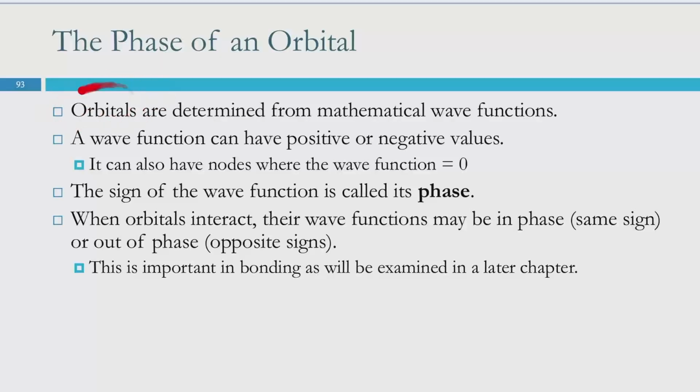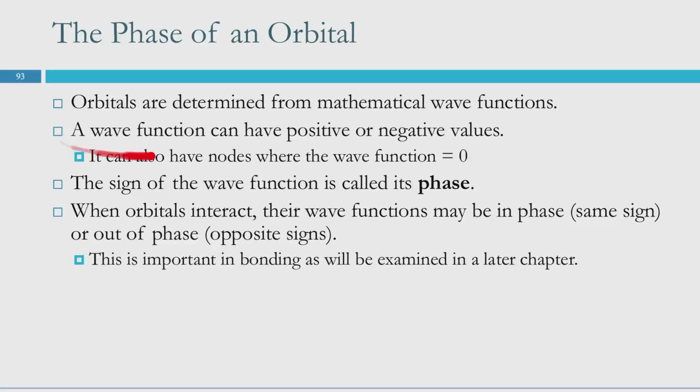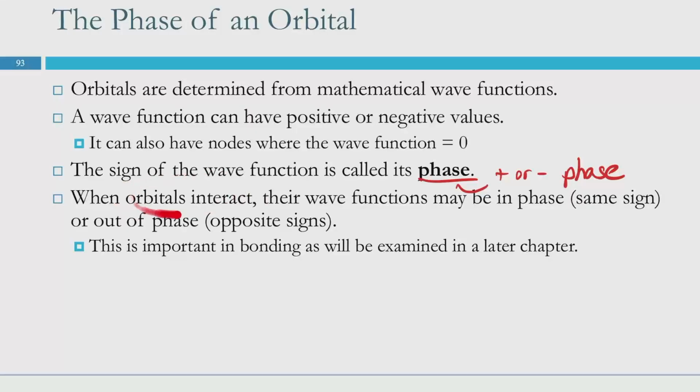So these orbitals, these shapes that we looked at, are determined from mathematical wave functions, which we sort of hand waved away as we're not going to look at it because it's too big and scary and complicated, which is true. A wave function can have positive or negative values, and it can also have a node where that wave function is equal to 0. The sign of the wave function, whether it's positive or negative, is called its phase. We can have a positive or a negative phase, and when orbitals interact,